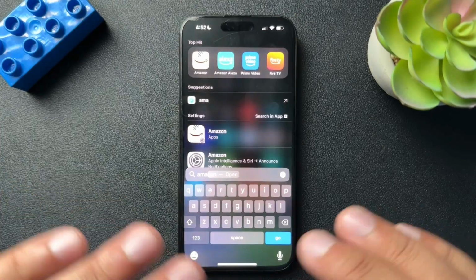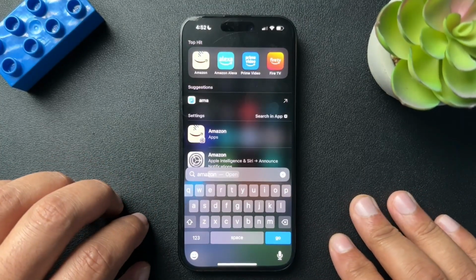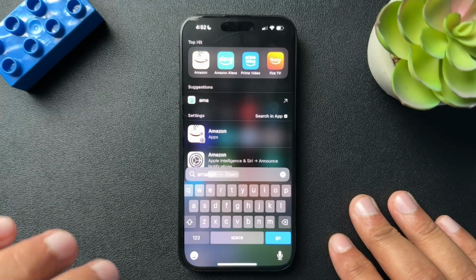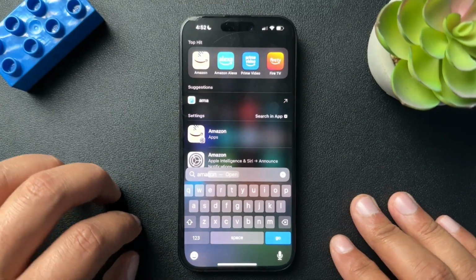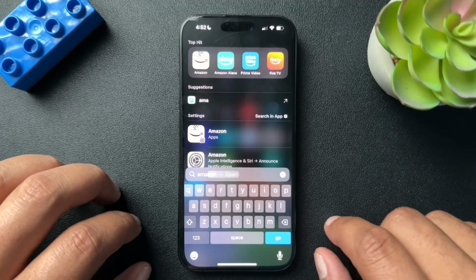All right, guys, so today I want to walk through how to delete your Amazon Prime account. I'm going to walk through this on mobile, but I'm also going to show you how to do it on desktop as well. I'll put timestamps in the description below, so if you need the desktop version, you can skip